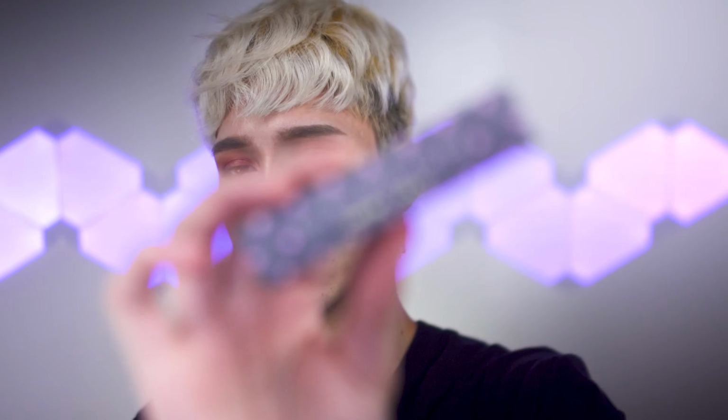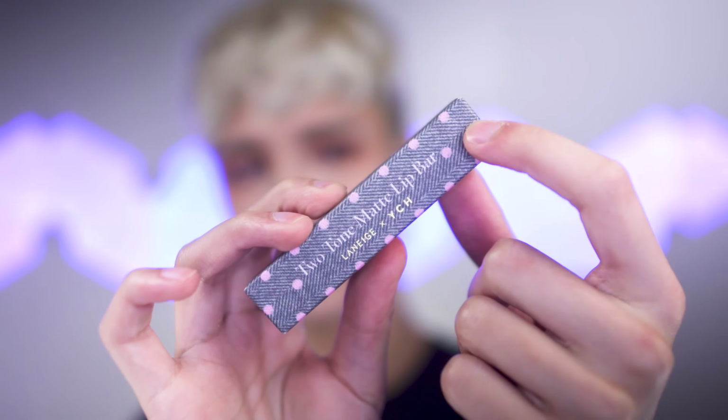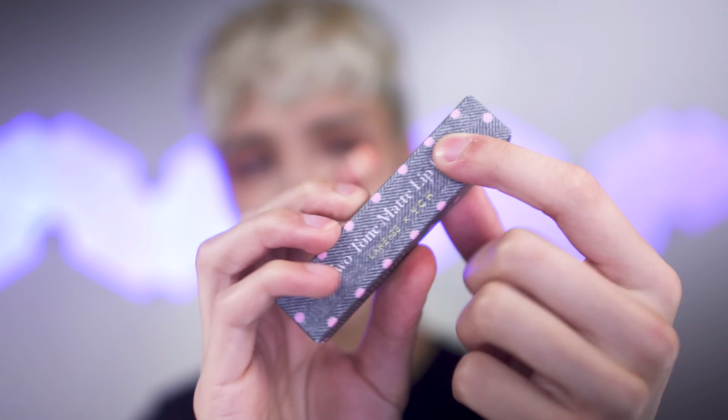The other one was a tint, but it came off more to me like a tinted chapstick almost. Not chapstick, but like a really thin, balmy kind of lip product. But apparently this is in collaboration with YCH. I have no idea what that is. I think it might be a fashion brand or something like that. But the packaging on these is really adorable. It's like this faux corduroy, I think it's called. And it feels kind of